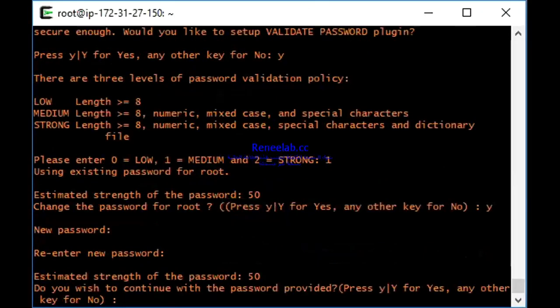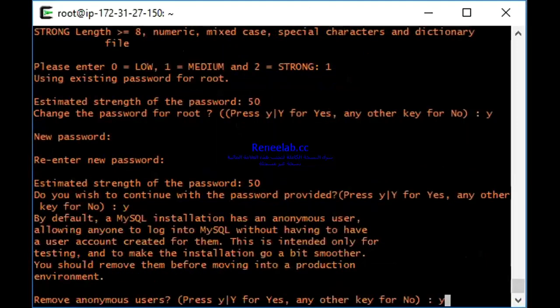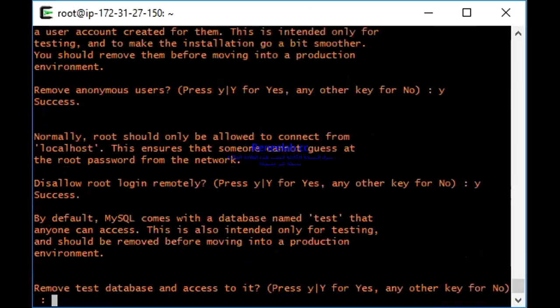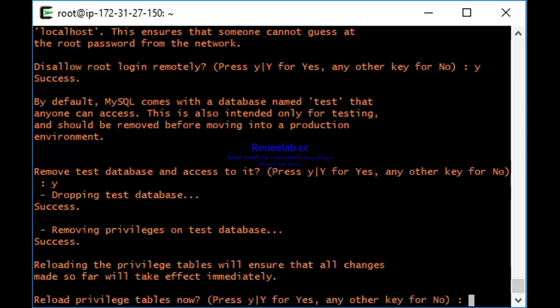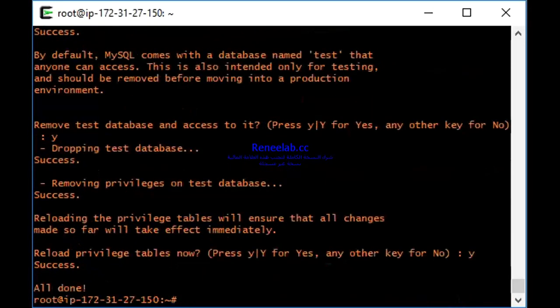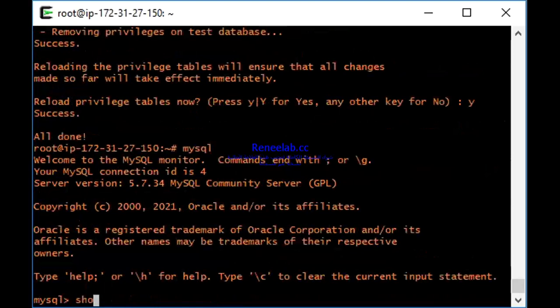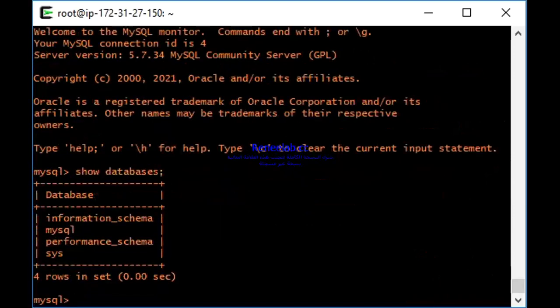Okay, so it asks me if I want to continue with the password, and I said yes. I want to remove user, I want to disable root login, then I want to remove test database, then I want to reload privileges. So I think we are good to go. So let's go back to MySQL. You notice that when I do show databases, it won't show me the database I created the other time. So I'm going to create database MyWeb,